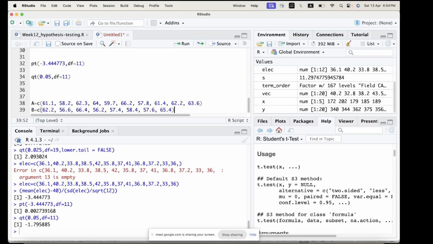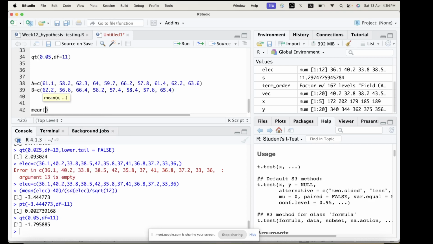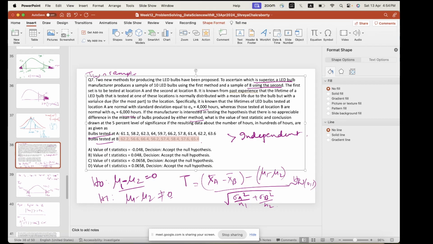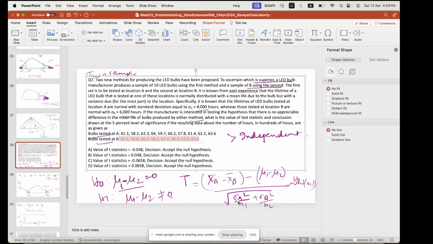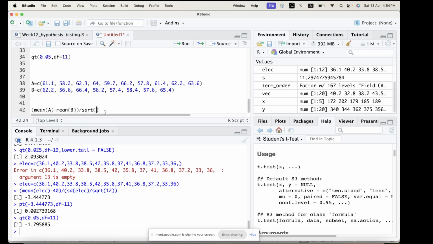So the test statistic is mean A minus mean B, minus under H0 mu1 minus mu2, which is 0, so that will remain as it is, divided by the square root of sigma A square by N1, that is 4000 into 4000 divided by 10,